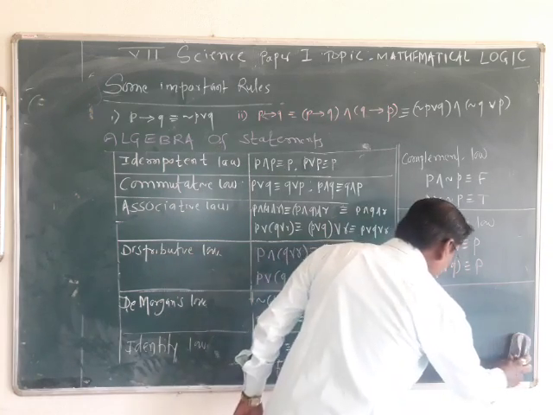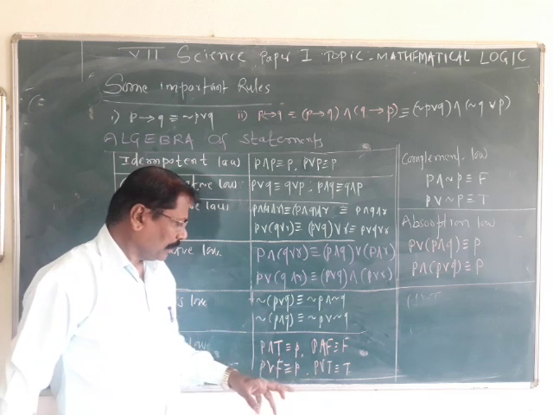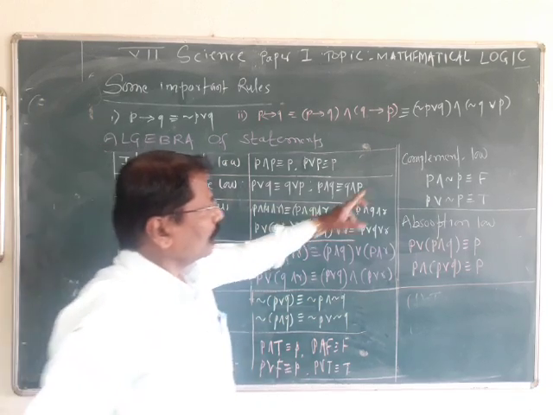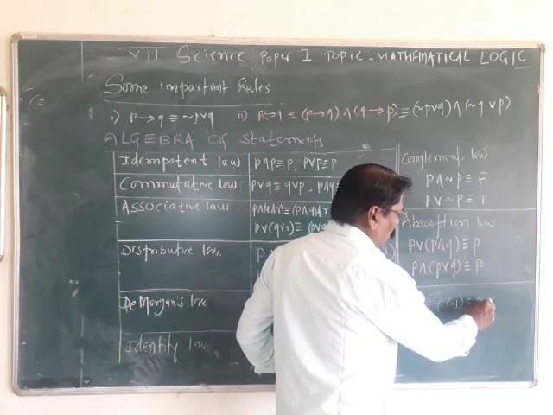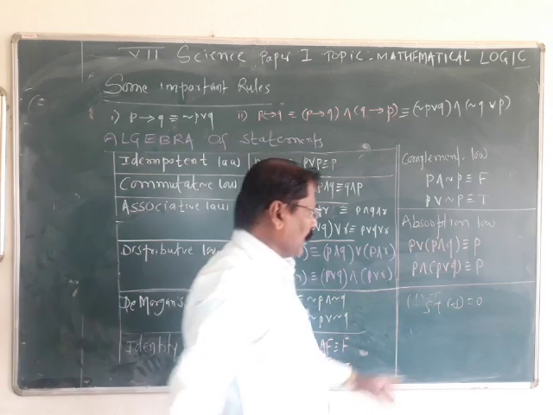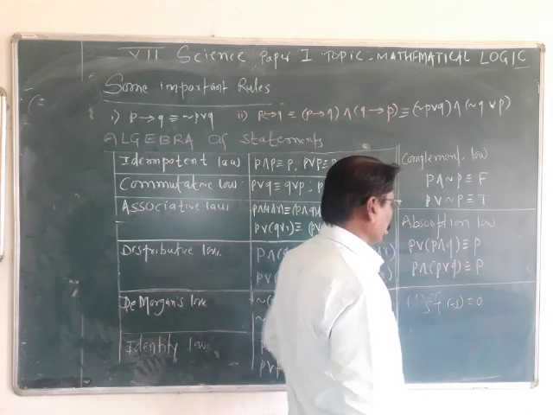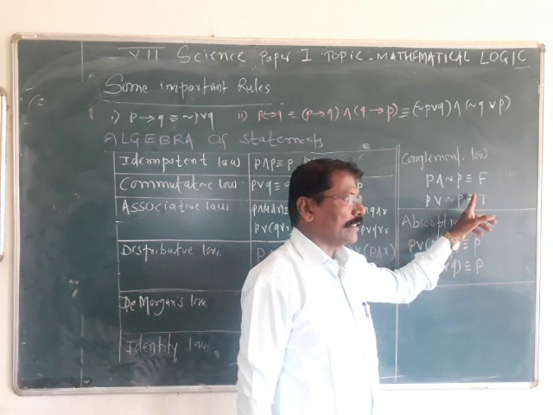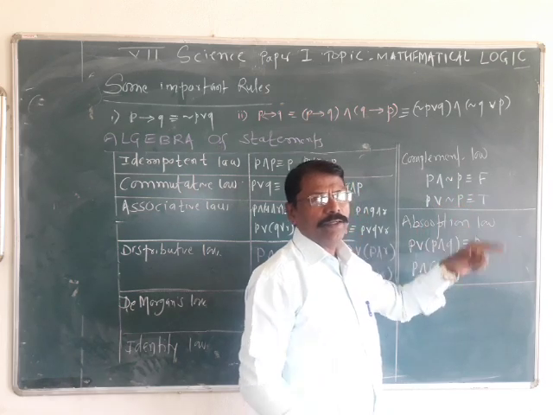So 0 is the additive identity, 1 is the multiplicative identity. Similarly, F is the identity which is the smallest, and T is the largest. Next, complement law. Here in addition, 5 plus minus 5 is equal to 0, as 5 and minus 5 are opposite numbers. Similarly here also, in the plus, that is OR, it is F and T. So P or negation of P is T, P and negation of P is F. The intersection is empty and the union is the whole sample space.